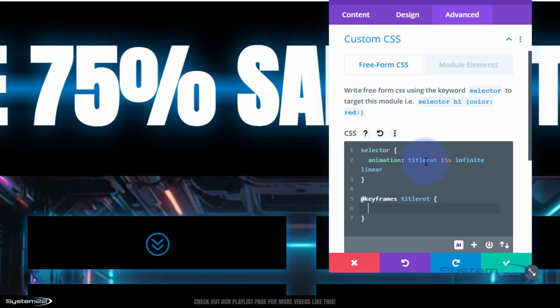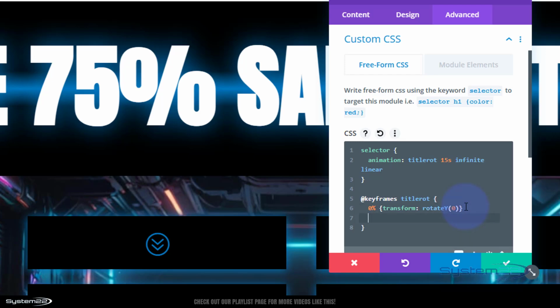Well, at 0%, basically when the page loads, beginning of second one. So 0%, I'm going to open some more curly brackets there. I'm going to say transform, colon, rotate, Y, because we want it to rotate around the Y axis, right at the end of that capital Y. I'm going to open some round brackets, and we can put a degree value in there. Initially, I want it to be right side up, so I'm just going to put a 0 in there. Then when it gets to 50%,